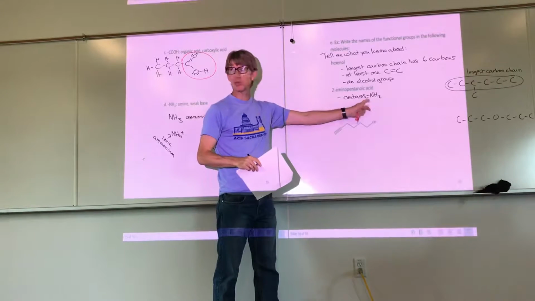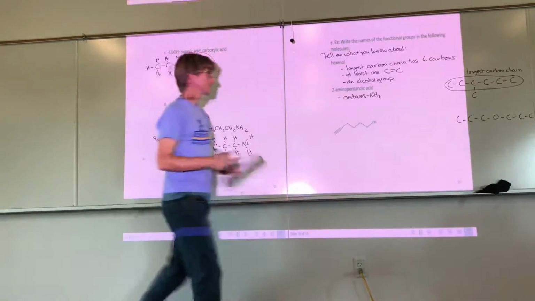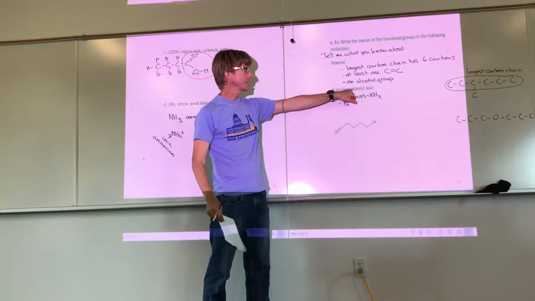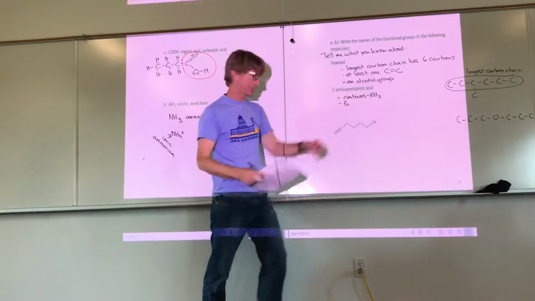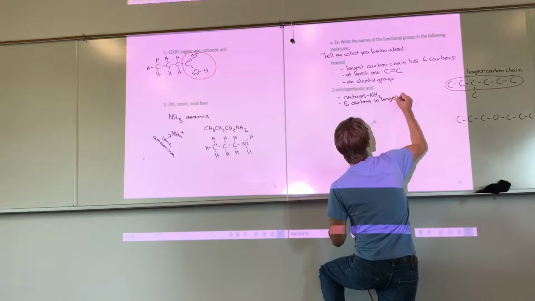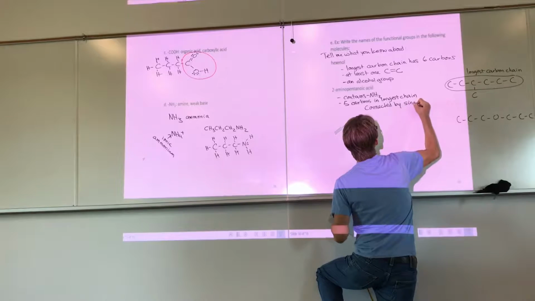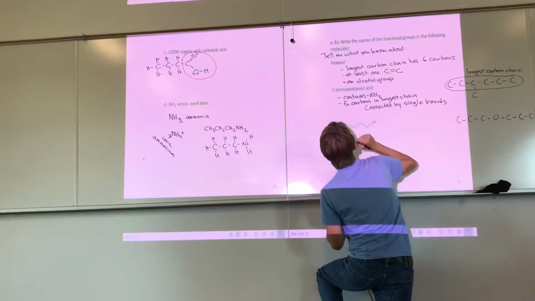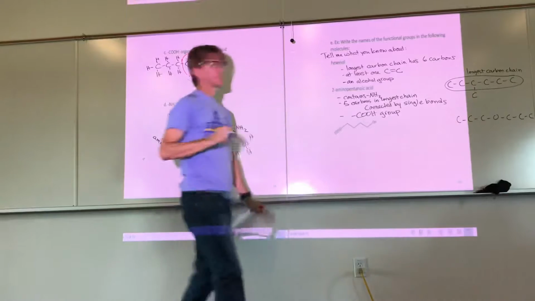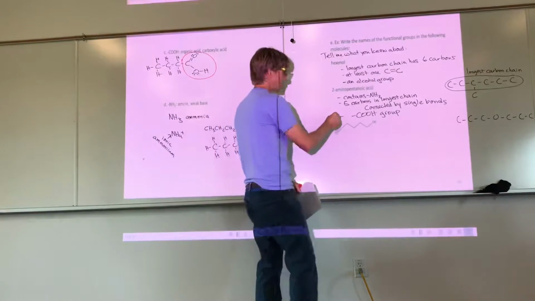Contains NH2. That dash right there is the bonds to the rest of the molecule. Like right here, like right there. 5 carbons in longest chain, connected by single bonds, pentanoic. And it has a dash COOH group because, well, I don't think I could put this part on the test,